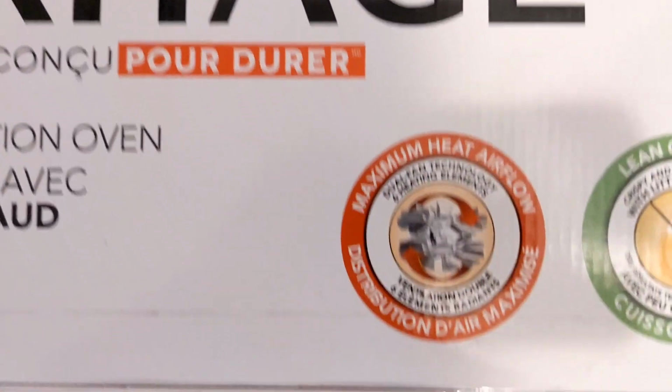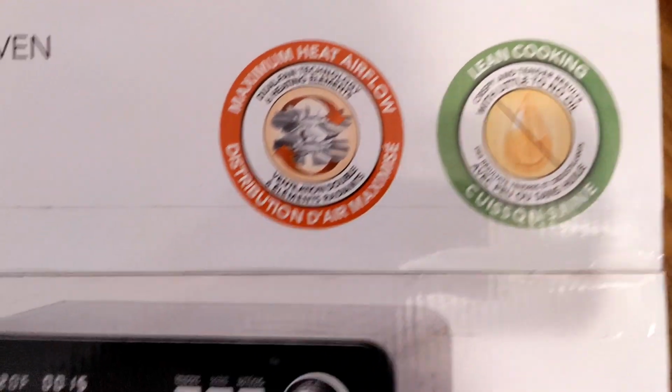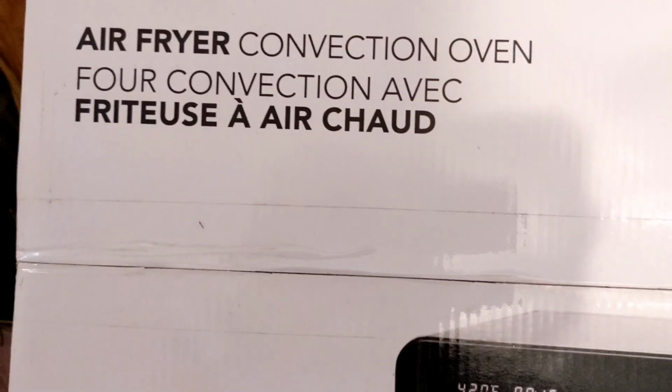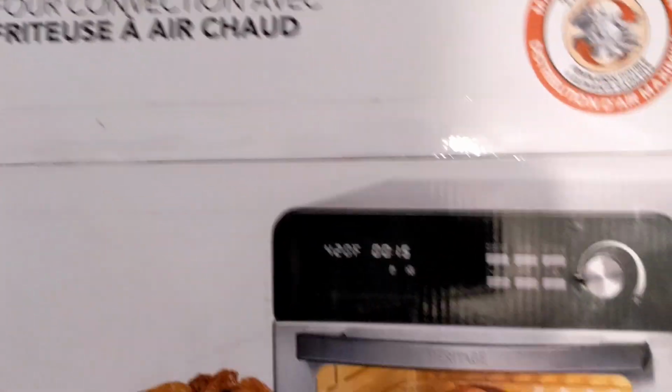So it says here, maximum heat airflow, lean cooking, no oil. So yeah, here we go. Let's get into this box. I'm sure there's some styrofoam underneath here. And yes, I'm using a regular knife instead of a